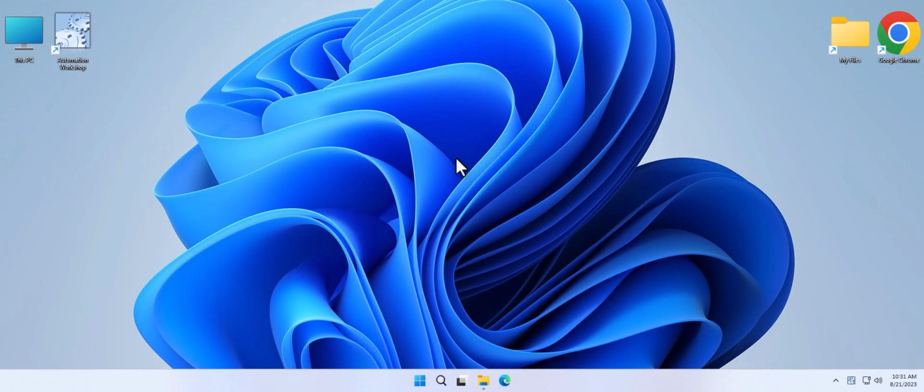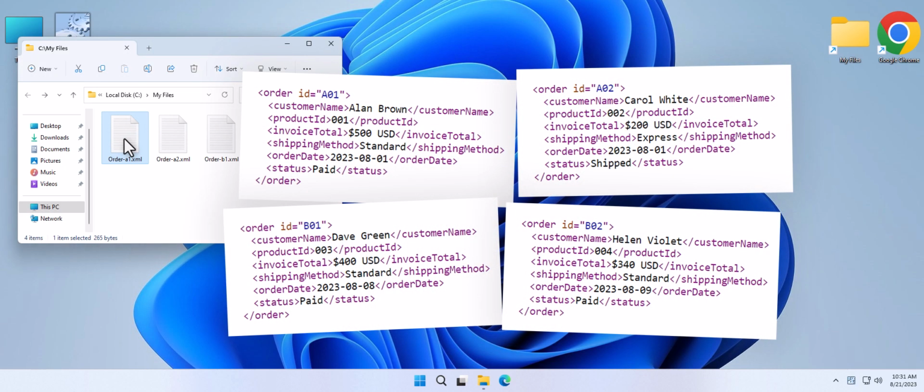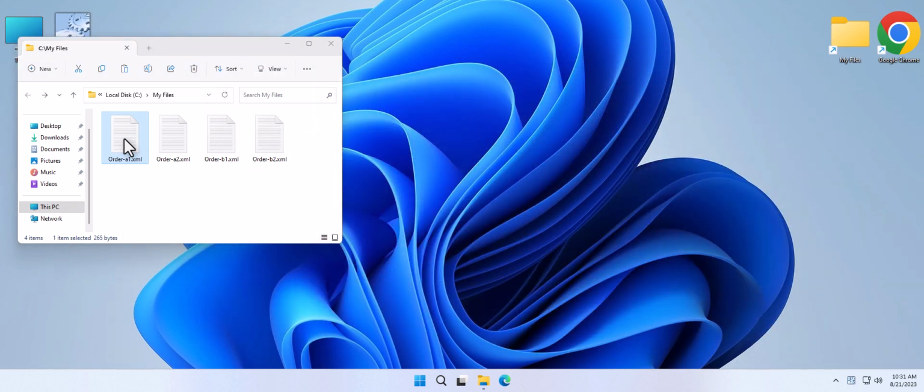In this tutorial, we dive into the process of automating the extraction of text that is enclosed between two given substrings. I have many XML files and I want to extract a specific value from them. Let's open 4 of them as examples. I want to extract the invoice total field from these files and then sum all the values together. I will begin a step-by-step tutorial shortly.